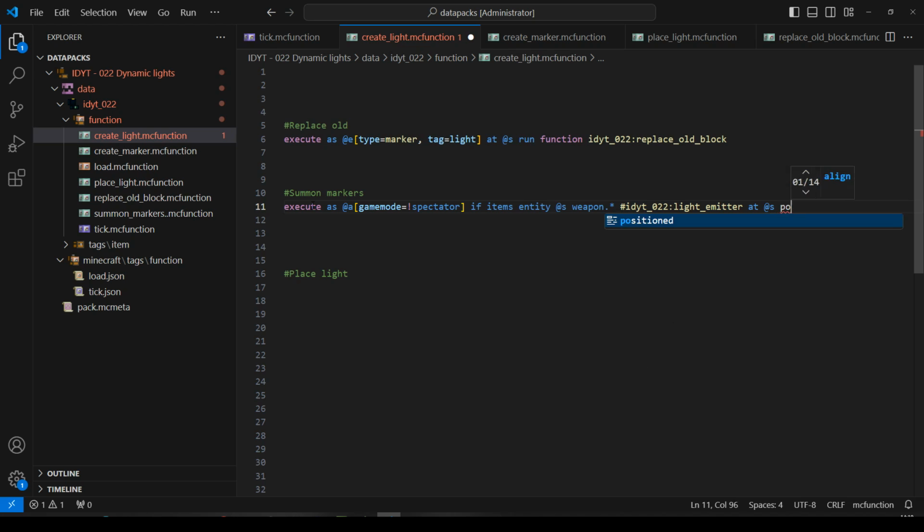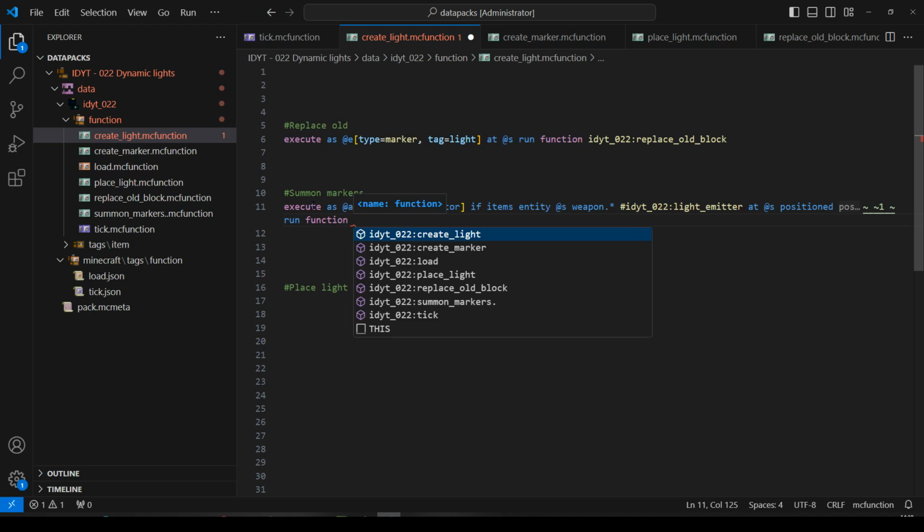I'm going to lift it up to their head, so I'm going to say positioned 1. It's lifted up to their head. We will run function